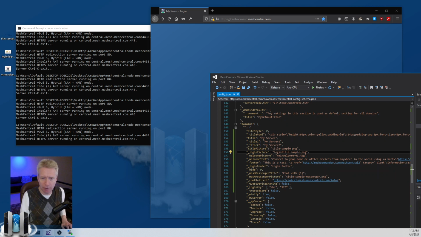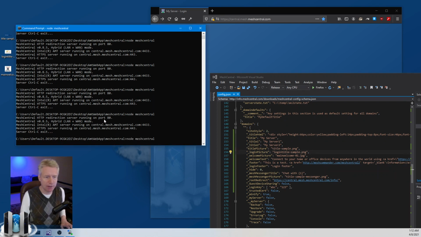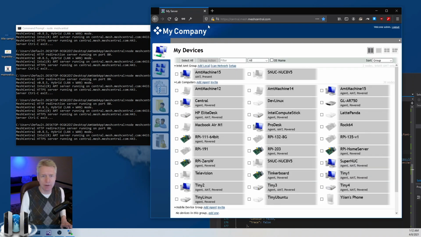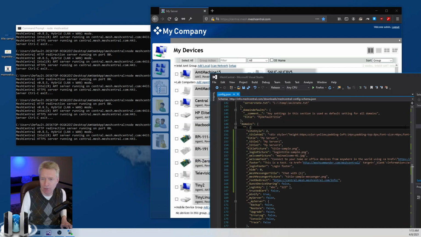Title picture. So I'm going to turn this on. Then when I run it, and I may need to log in to show this. See, yeah, I need to log in. So I'm going to log in here, and you're going to see that I have my server on the top, but the company logo showed up on the upper left. So that's because I have title and